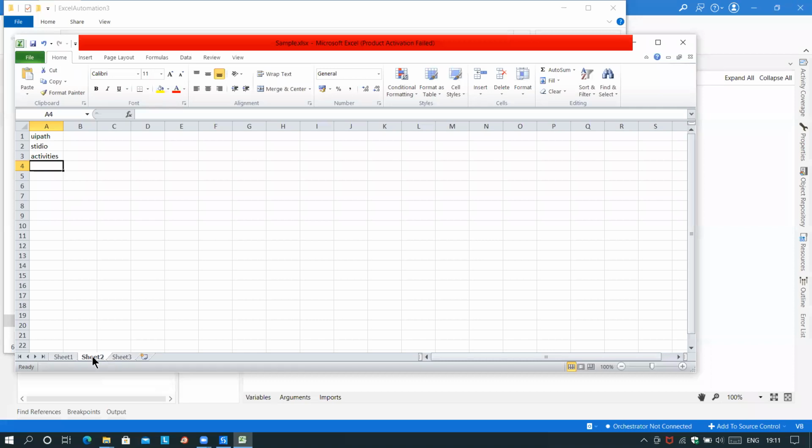I just want to change the sheet name also. Right click, rename the sheet name. The sheet name is called as data sheet. Okay. And then right now,